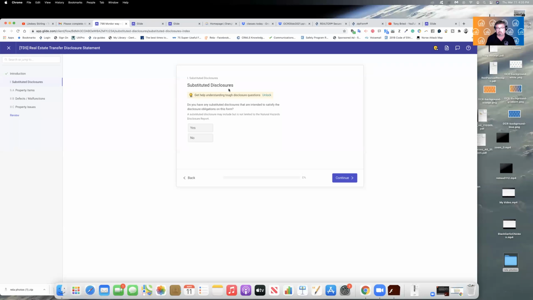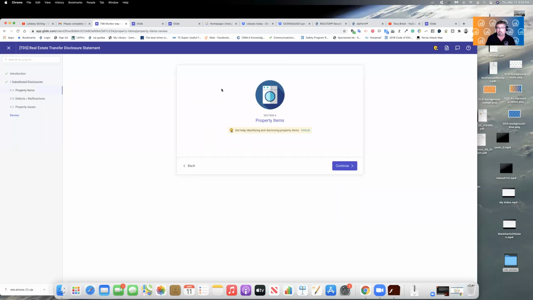Step number 1, we're starting with the substitute of disclosures. It asks the seller right out of the gate, just like in the regular form, or just like the regular form that everybody seems to ignore, do you have any disclosures from your previous sale? Go get them. If you have them, great. If not, we just simply select no. Now we're going to start with section A, the property items that are in the house. When they click continue,